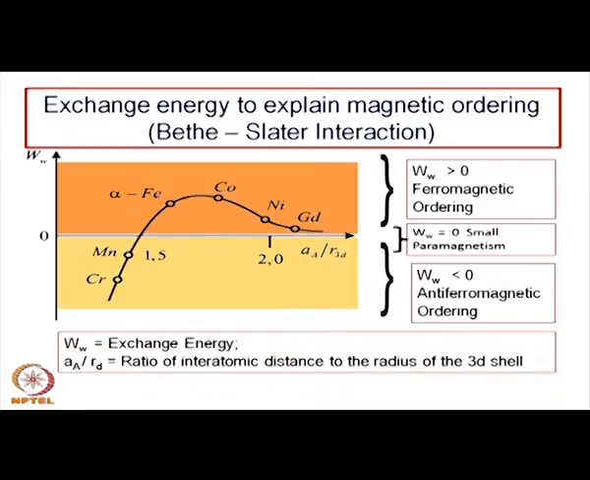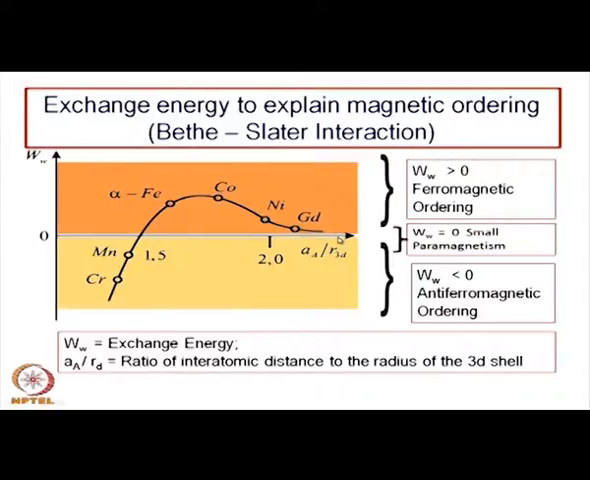So, these are the two different parameters which have a very important role in providing the magnetic behavior, to explain the magnetic behavior of some of these elements, not the oxides. Oxides we will consider later. So, it is the exchange energy term, which is W, without going into the details of that. This is an important